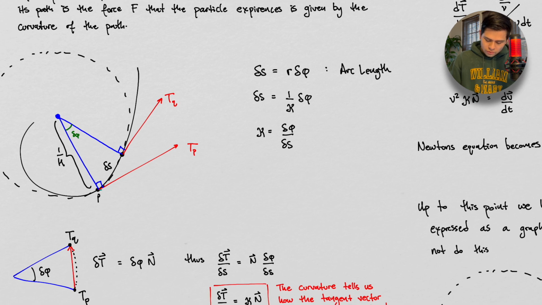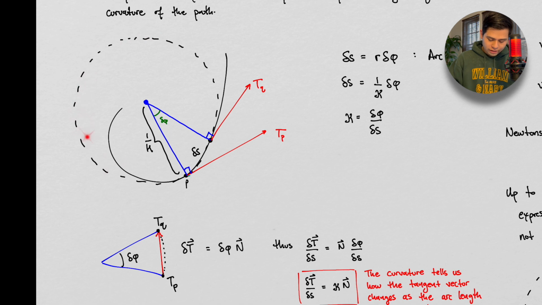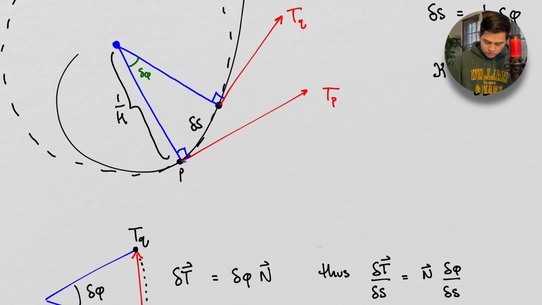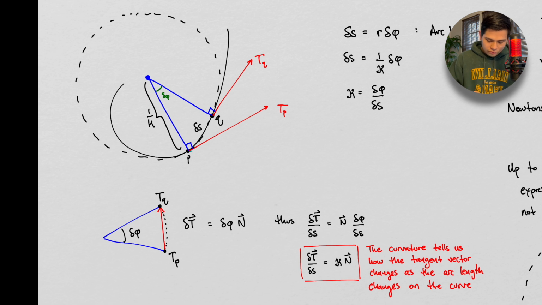So we have this arc length formula. We're going to take a look at this picture here. My drawings aren't great. This isn't a perfect circle, but this is intended to be a circle. And here is a radius, which is going to be posited to be 1 over the curvature at some point P. And we have two tangent vectors at point P, and one we're going to say at point Q. Okay, and then from P to Q,